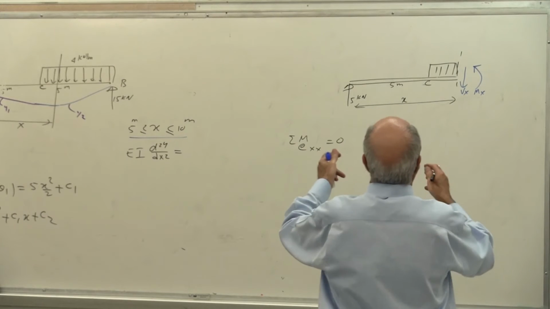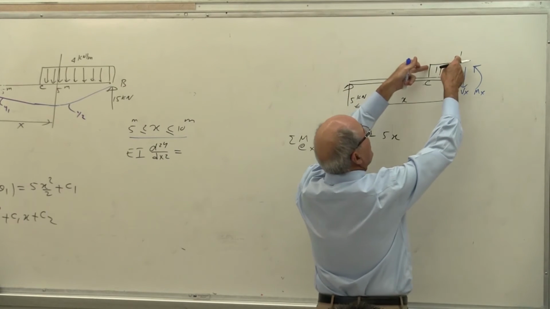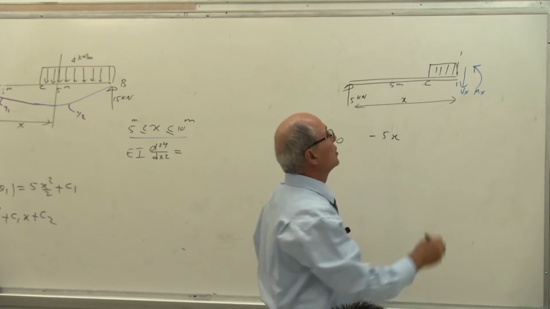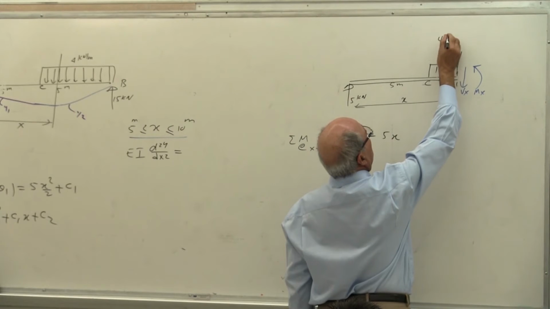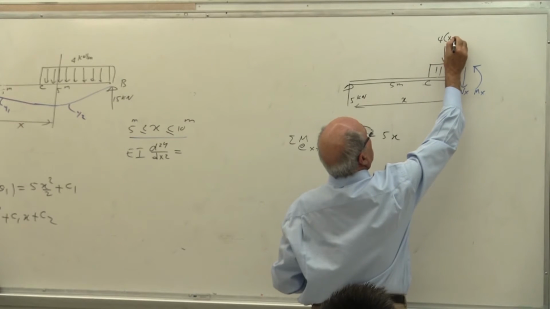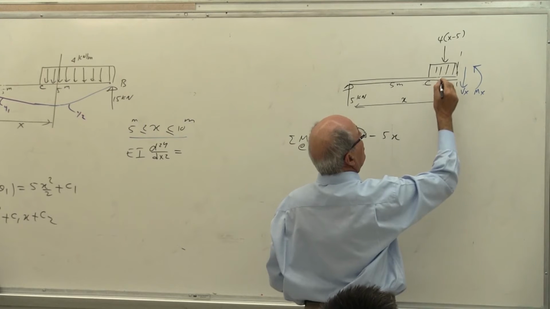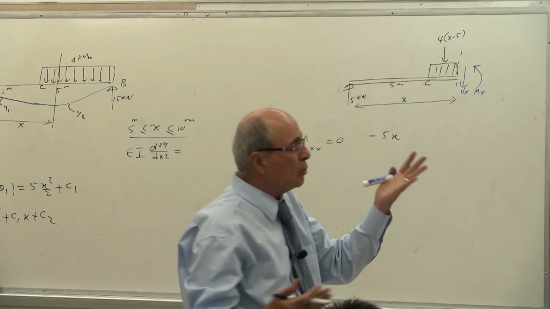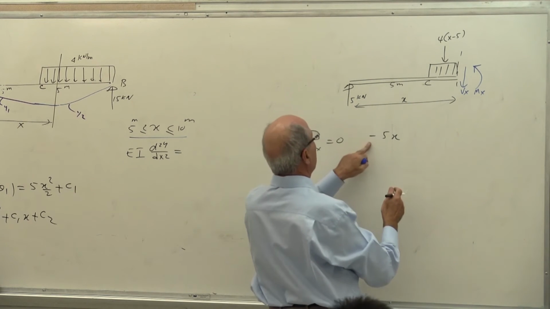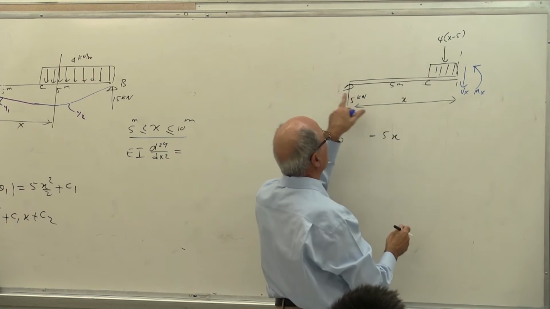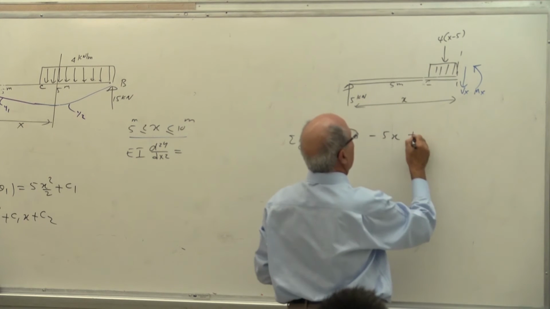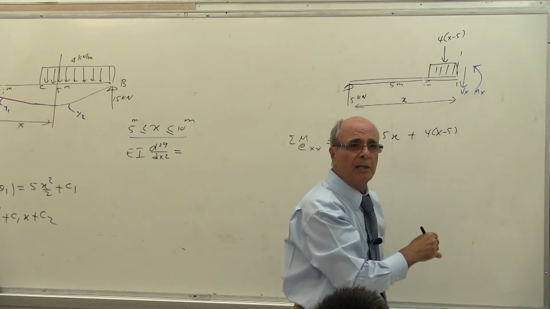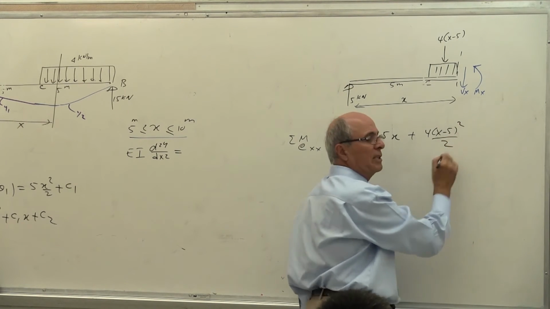See, it's sitting in front of you. If this is x and this is 5, this length is a variable. It's x minus constant of 5, yes or no? So this load is 4, that's the W, times x minus 5, okay? So that's the load. Times what distance? The distance is x minus 5 divided by 2. Actually, if you look at it, it's very routine and very simple. So minus 5x, this is the static part of it, minus 5x plus 4 times x minus 5 times x minus 5 divided by 2. So it becomes like that. Is that correct or not?